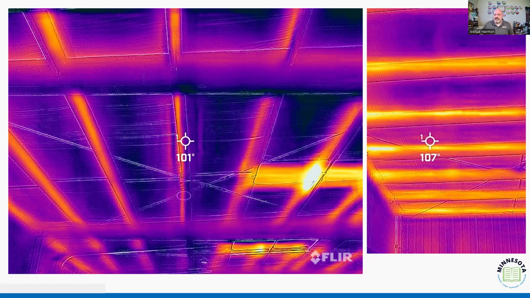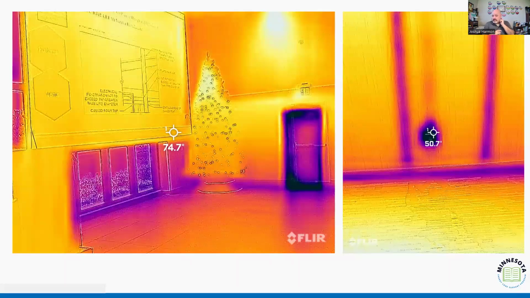And was it part of that original design? So again, this is a picture from a training that we did up north there. I think this was over in Maple Grove. We're inside the space at 74 degrees, right? We're doing a training there, talking about penetrations of fixtures, and we did the quick thermal pass, and we're seeing it's 74 inside, it's 50 at that receptacle, because what we have again is a penetration, an electrical box that was installed in the wall, but doesn't protect against air leakage.